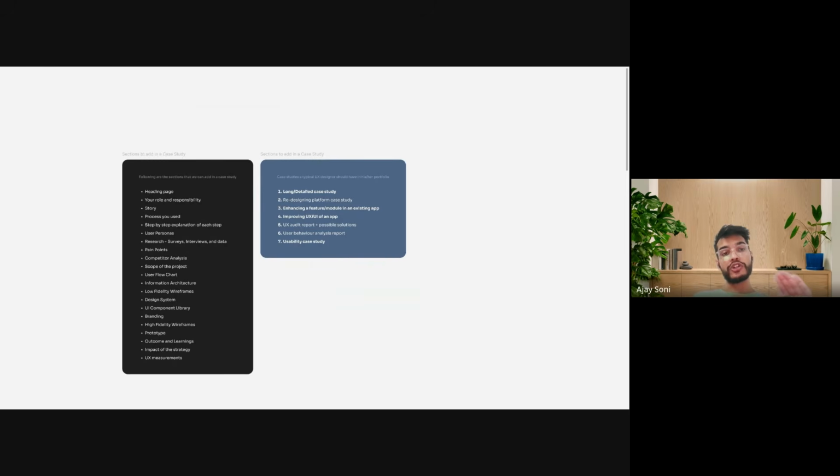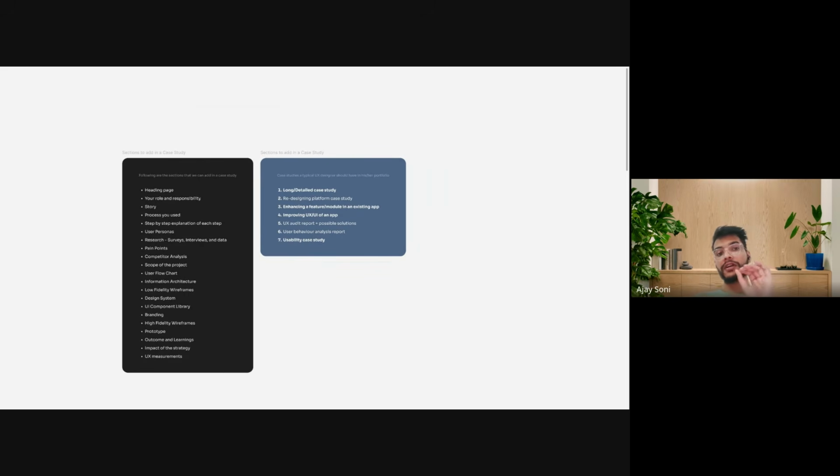So nothing will go useless here. Everything we are going to use. Even the shapes that you made on the very first day, we are going to use in our case studies. So everything will be used.